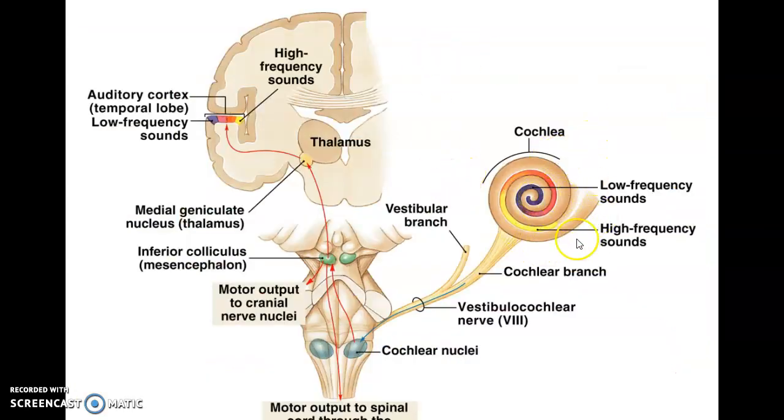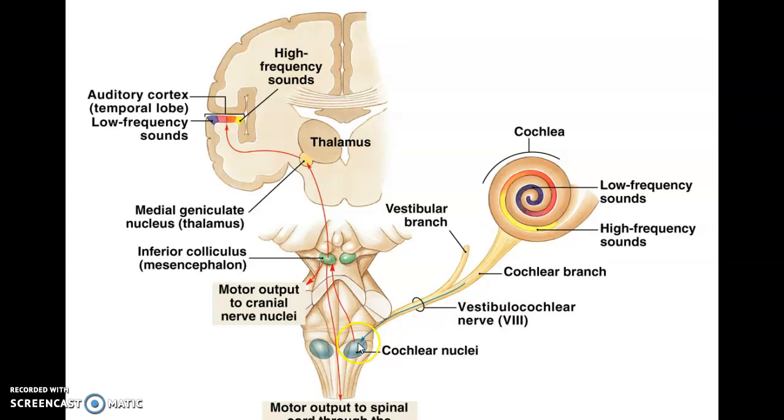Okay, what happens to that sound? Again, our low frequencies go further up our apex, high frequencies are found further down, and we have nerves that are detecting each of those. And notice they're going to go back into the brainstem on cranial nerve number 8, and then from the brainstem,